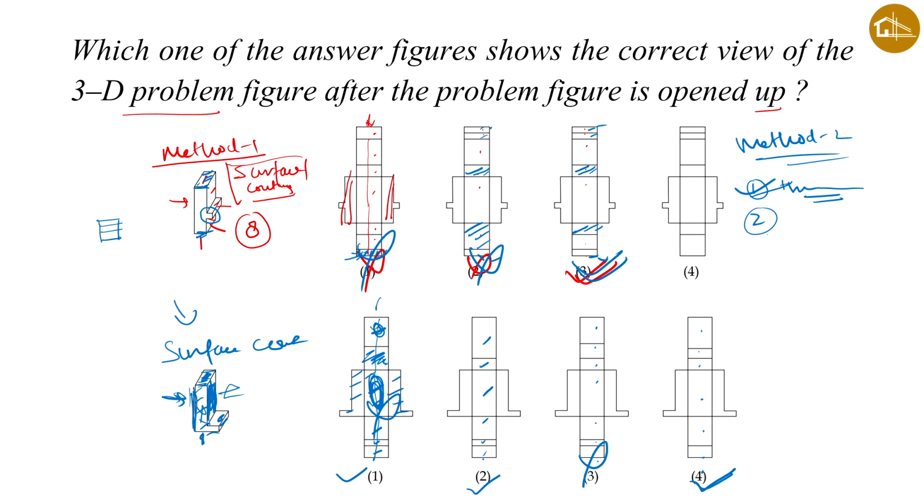In the second, we can see there is a small surface, this one, and 2 big surfaces. If you compare the size of this one with this, it is almost the same. So I think this can be the answer. So let's see, this can be the answer. In the fourth one, there is a big surface and after that a small surface, but after that there should be a big surface also, but it's not there. So this is also wrong. So the correct answer is the second one. Hope you got it.